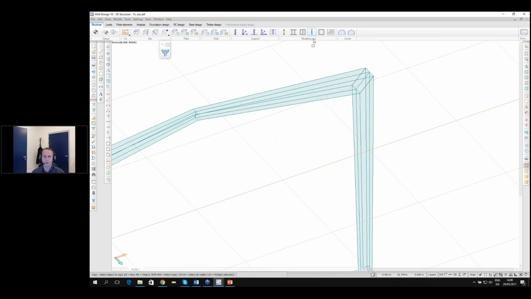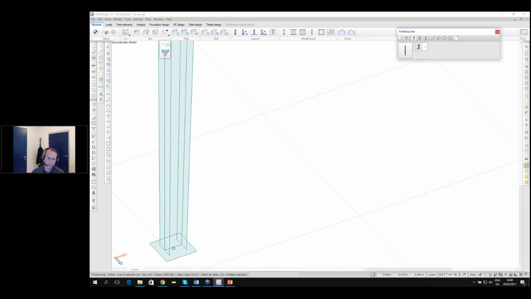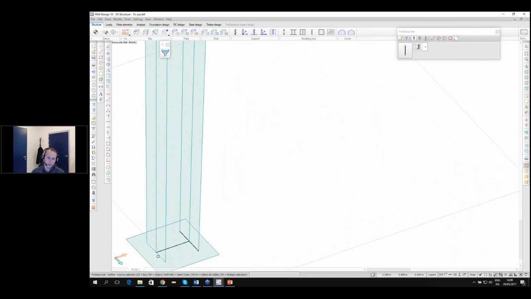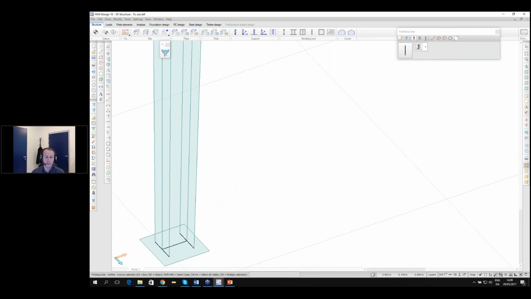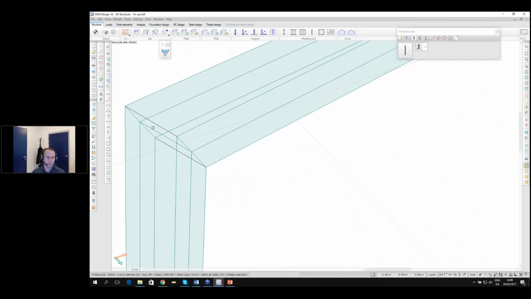I'm going to show you how. Just click on fictitious bars, and I'm going to select just this line by selection. And I'm going to put these fictitious bars at the end of my profile. This will ensure that this end will move together as one. So I'm just going to put it